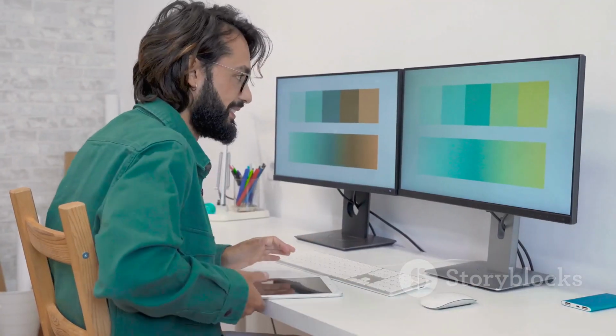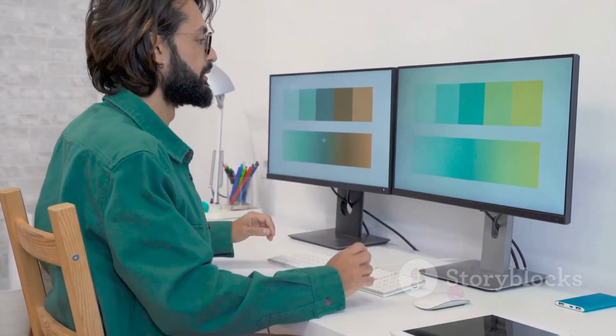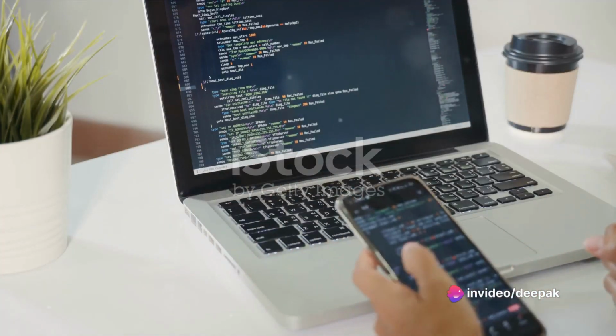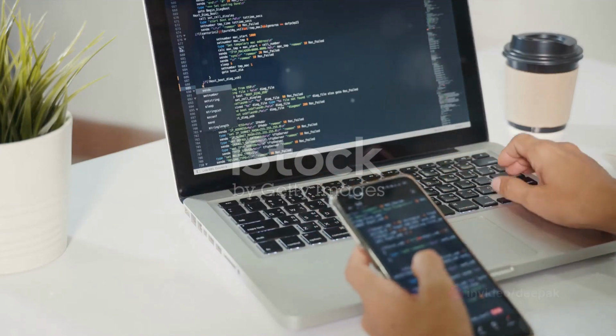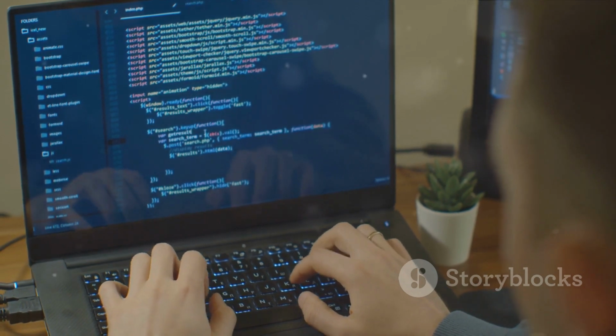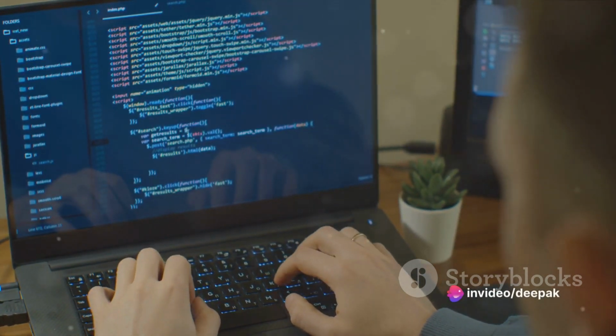Next, we dove into the realm of CSS. This is the designer's tool, the paintbrush that adds color, layout, and all the visual elements that make a website visually appealing. Then we ventured into the territory of JavaScript, the magic wand that breathes life into your website, making it interactive and responsive. All three of these elements, HTML, CSS, and JavaScript, work together in harmony to